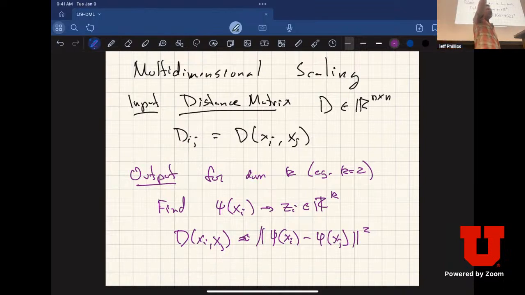This is kind of like principal component analysis. I'm not going to have a strong guarantee like I did for the random projections approach. I'm going to do a best effort here. There's going to be some stress property, kind of like the cost of the projection that I'm missing. I want to minimize the amount of distance that I'm missing. And we'll see we're going to reduce this problem to something like